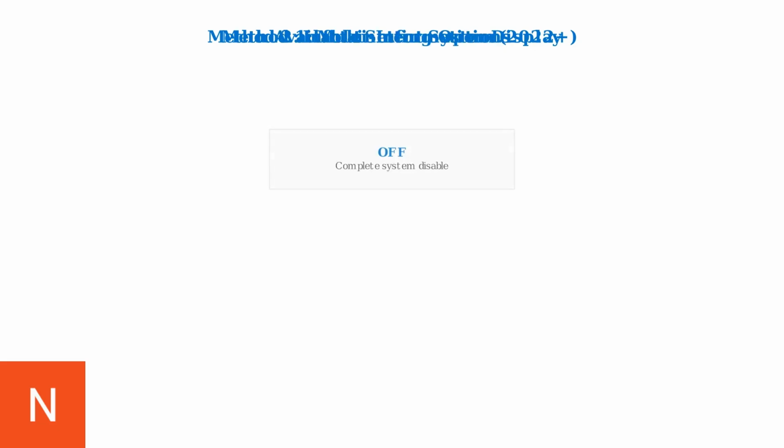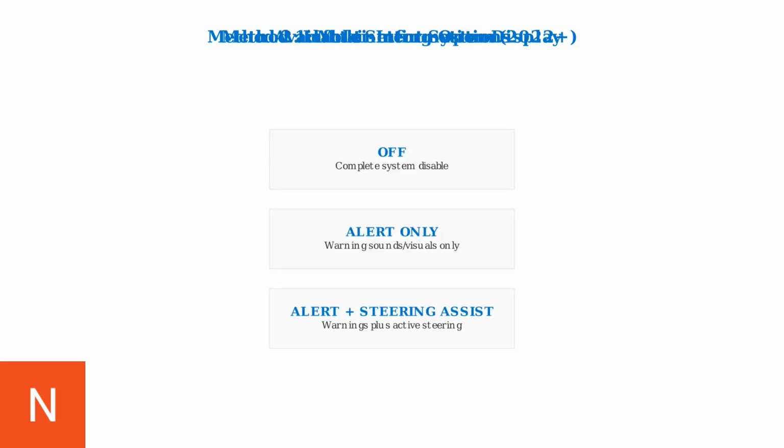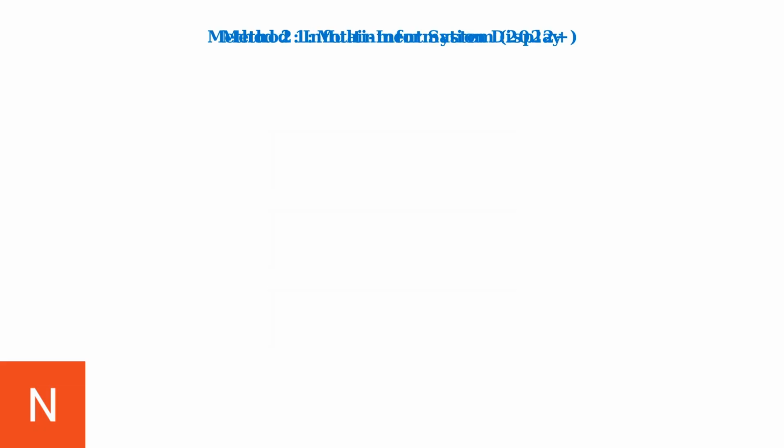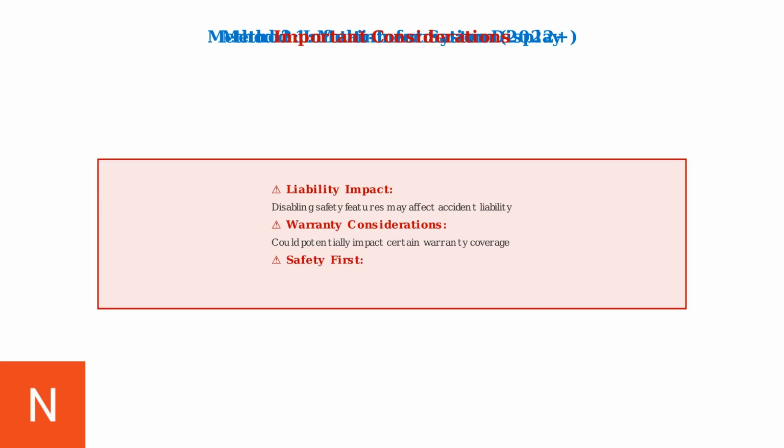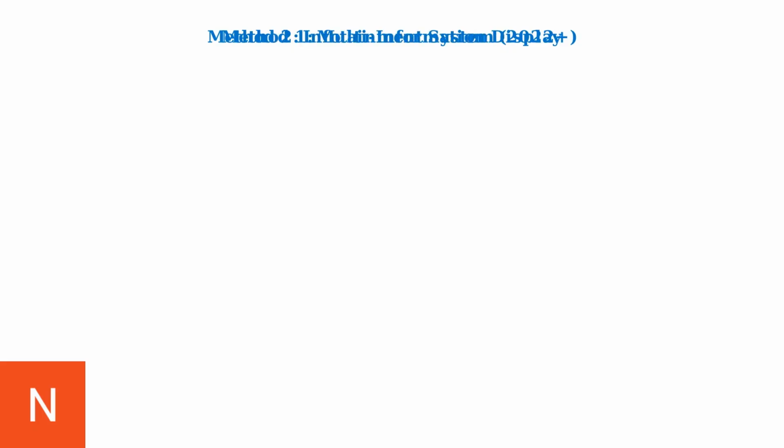Both methods give you three main setting options. You can turn the system completely off, set it to alert-only mode, or use the full alert plus steering assist mode. Important considerations. Disabling these safety features may affect your liability in accident scenarios and could potentially impact certain warranty